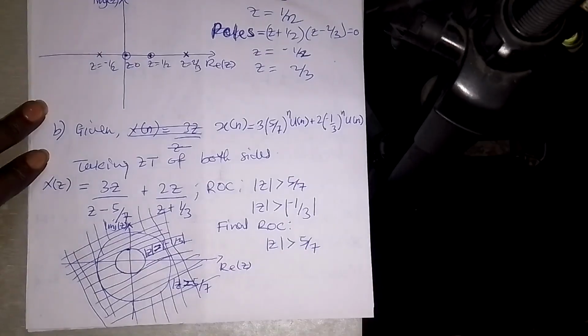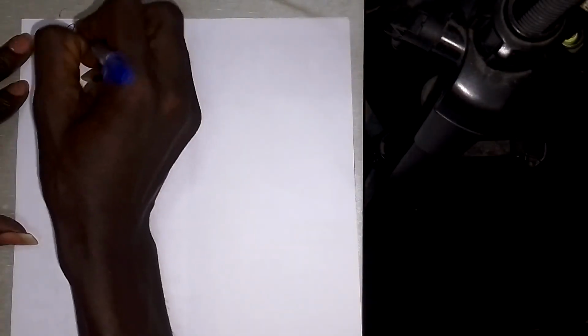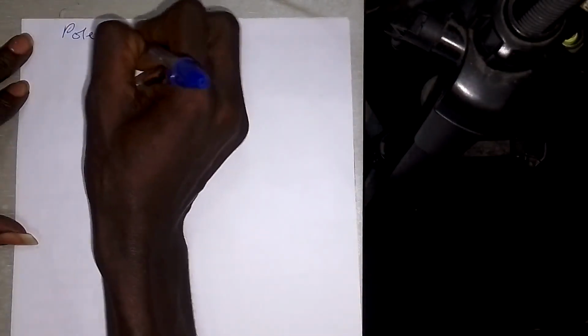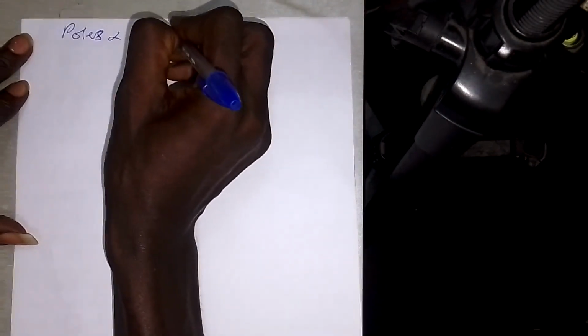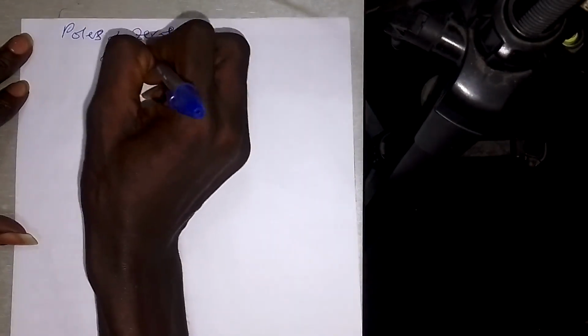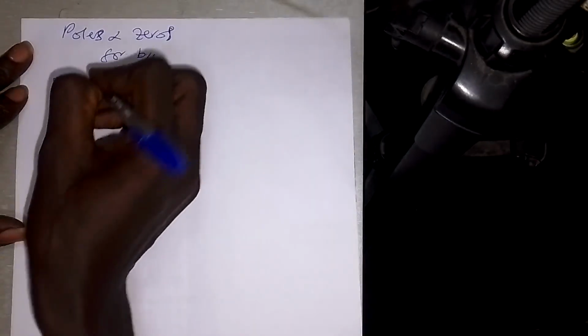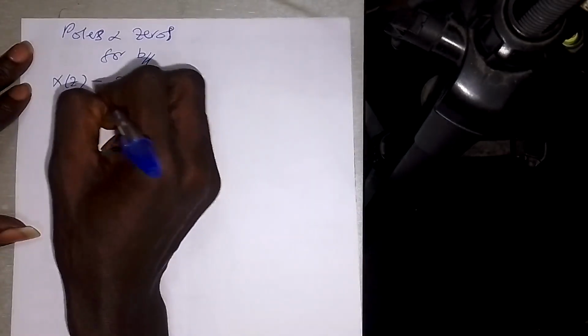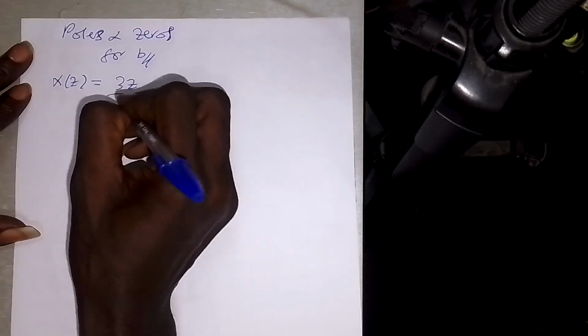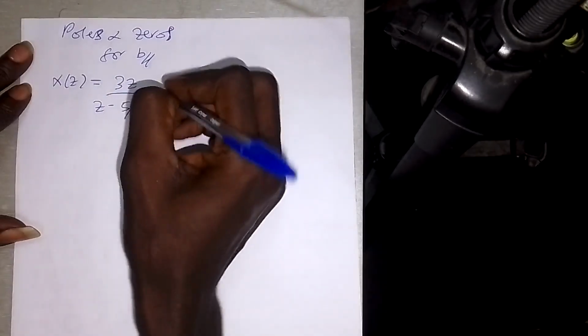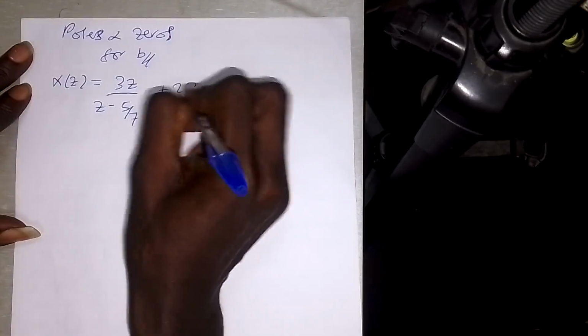Now let's find the poles and zeros for the B aspect. So for the B aspect, we got X of z equals 3z over z minus 5 over 7, plus 2z over